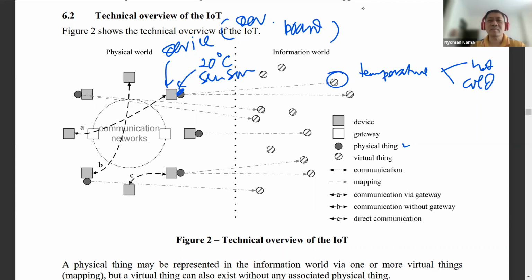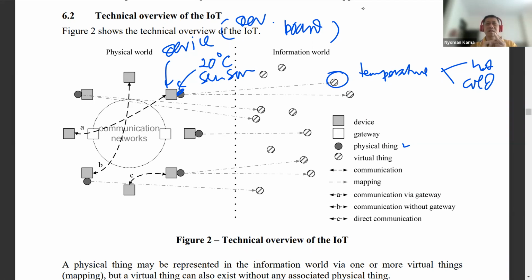Okay. Now, the device in this case has three purposes. The first one is asking the sensor to get the data from the information world. The second one is to process the data. And the third one is to send that data.